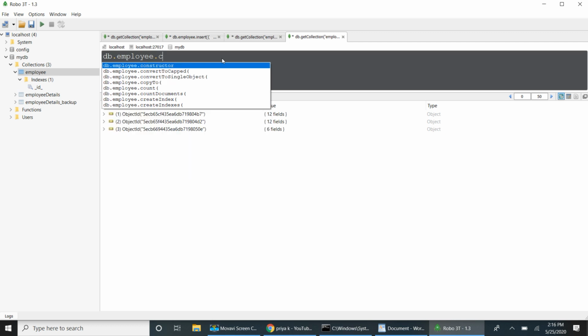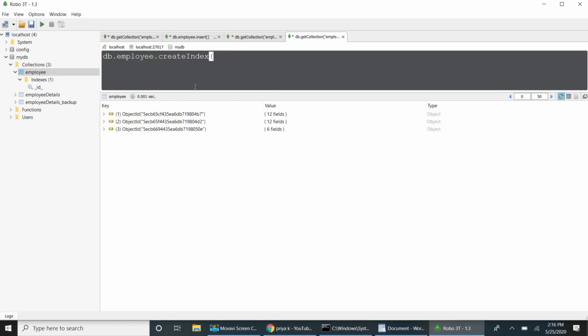If you are not passing any name, it takes the field name that we pass in createIndex. So if I give firstName colon 1, I am creating an index on the first name without passing any name to the index, so it creates the name as whatever I am passing, underscore 1. So if I run this,